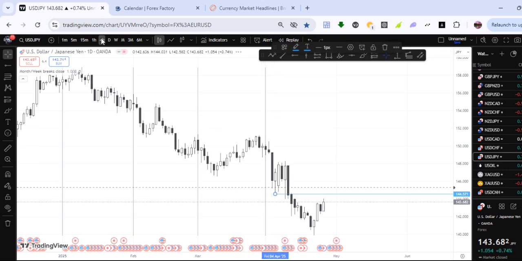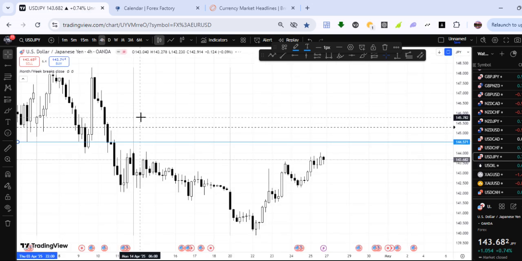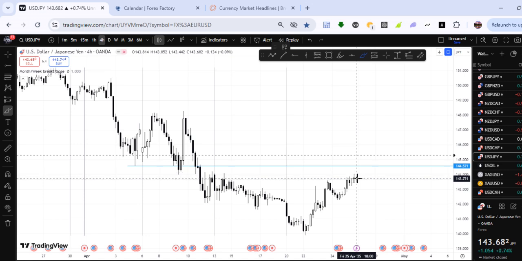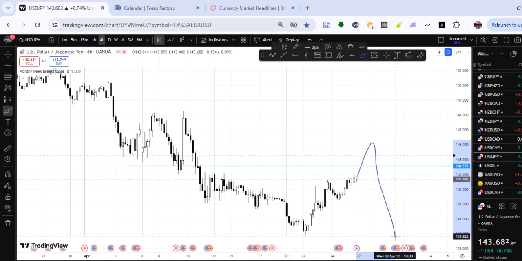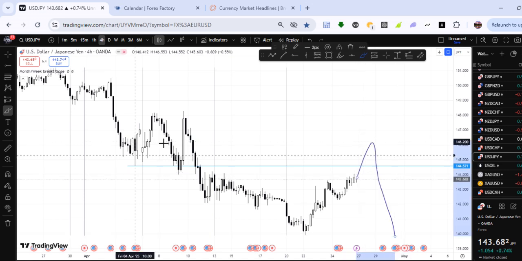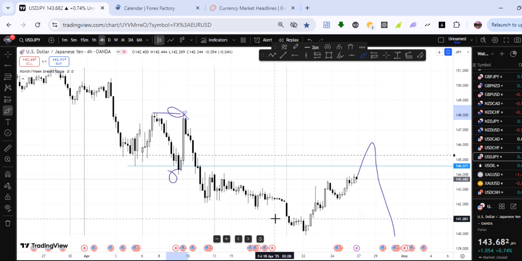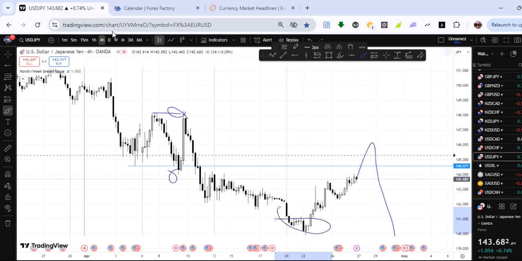Looking at it from the H4 time frame to H1, you can see there is nothing much up to this point, so potentially next week we might see this and then this drop, because my view here is that this was a liquidity grab. So this is our lower low, lower high, and then this is our lower low, so I'm looking for a lower high somewhere there.